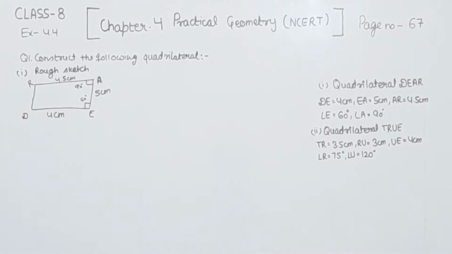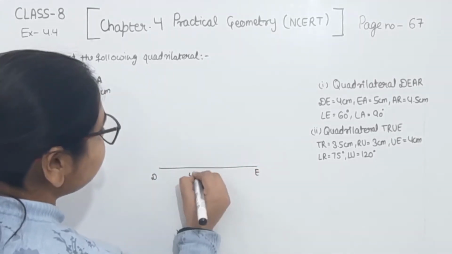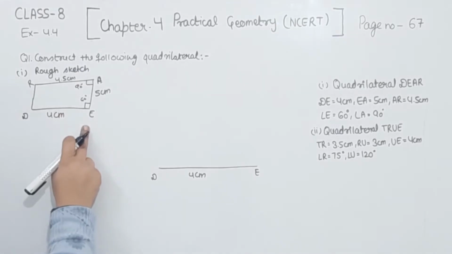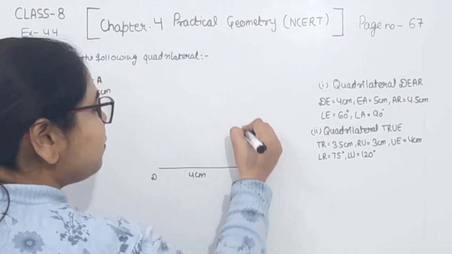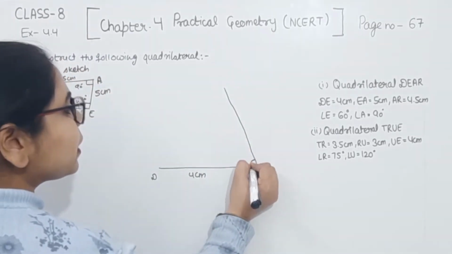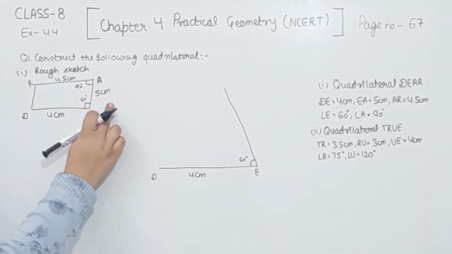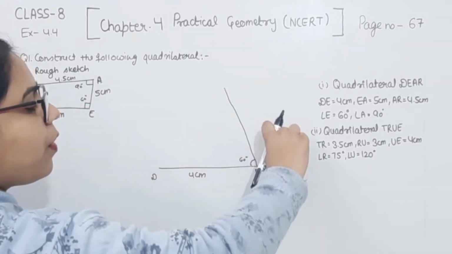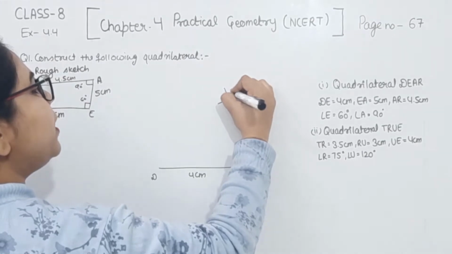First of all, we are going to draw DE is equal to 4 centimeter. So this is the DE is equal to 4 centimeter we are having. Now angle E is equal to 60 degree. So we are going to construct the angle at the point E as 60 degree. We can construct this one with the help of compass and DD both. So suppose this is the angle of 60 degree we are having. Now we know that EA is equal to 5 centimeter. So we are going to take 5 centimeter measurement on the compass and E as the center we are going to draw an arc. Suppose this is the arc we are having. So this is the 5 centimeter and this is the point A we are having.